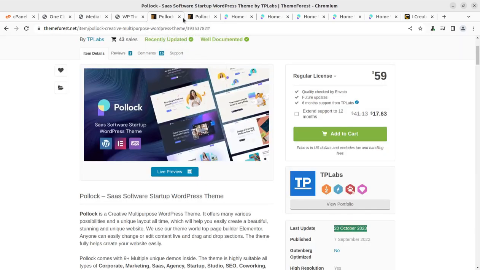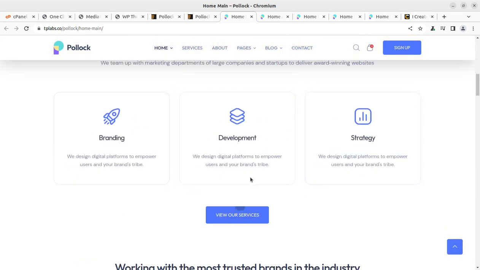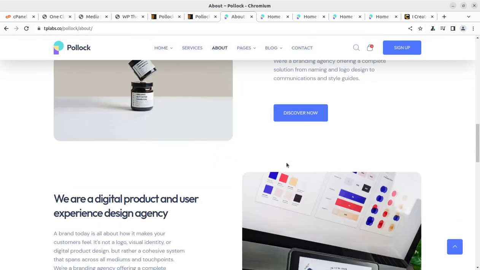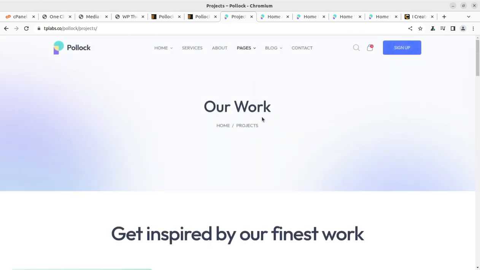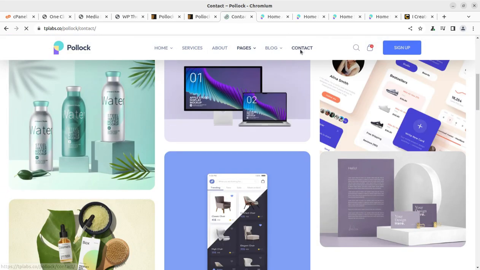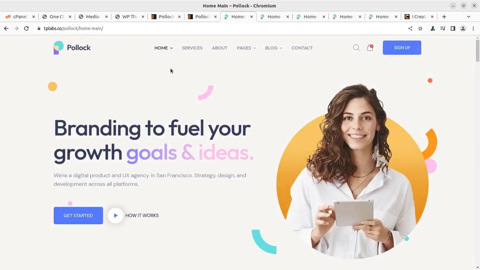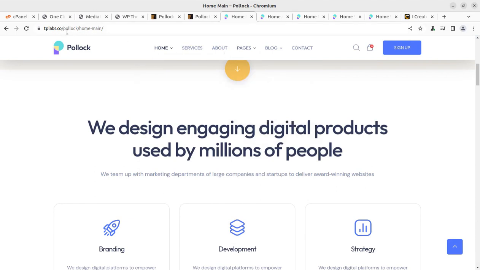So as I said, we have multiple options. We can target any of these layouts, and all these layouts are very good. So I can check some internal pages. This is the service page, very professional in look. About us page, good and modern. Projects page. This is projects, and the contact us page, that is really very important. And the sign up option is also here for my accounts. So we have a great layout, and the speed is also good,